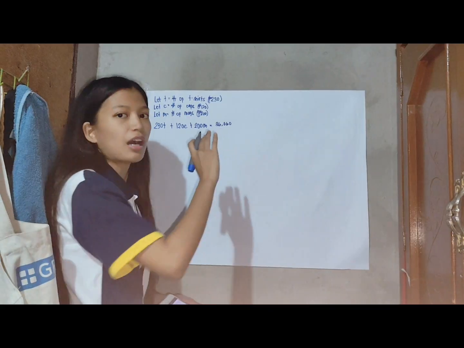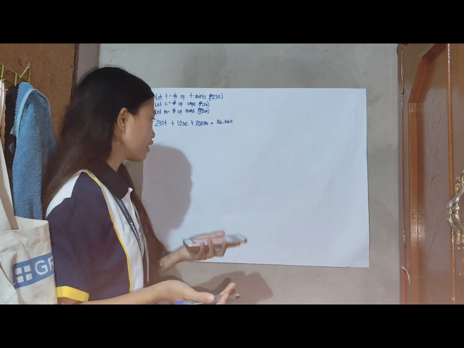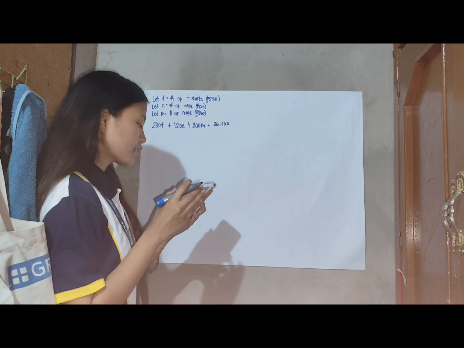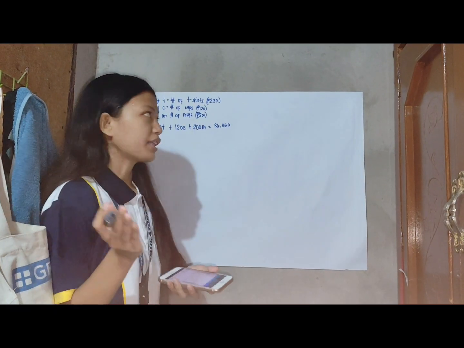Since this is our total sales, the second equation, since the sold items are 180 items,